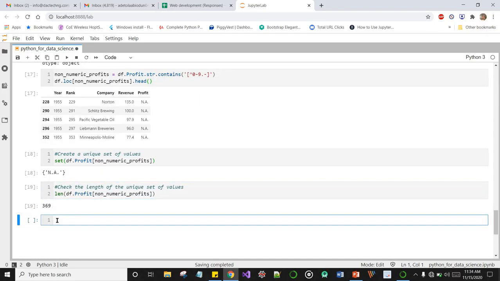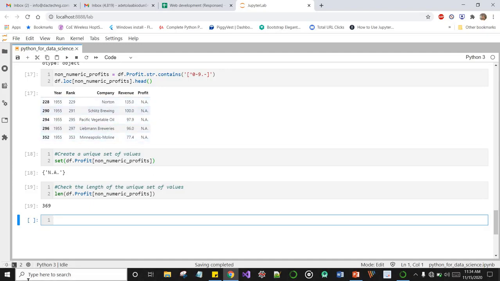Another thing we'll quickly want to do is, we have 369 NA values in the profit column. Can we quickly get the percentage of NA values in the profit column, to see if we can really drop the rows that contain these NA values?